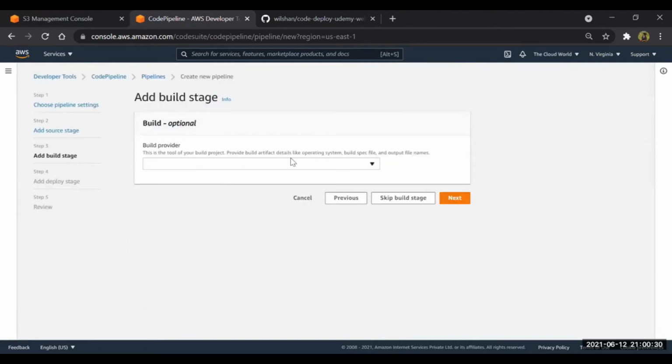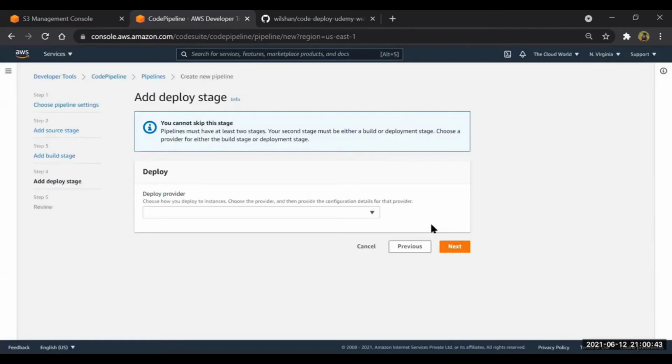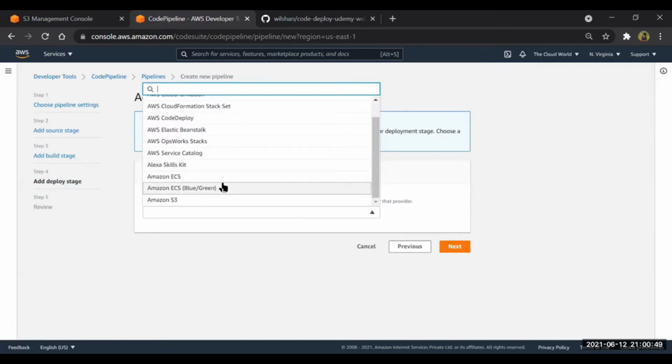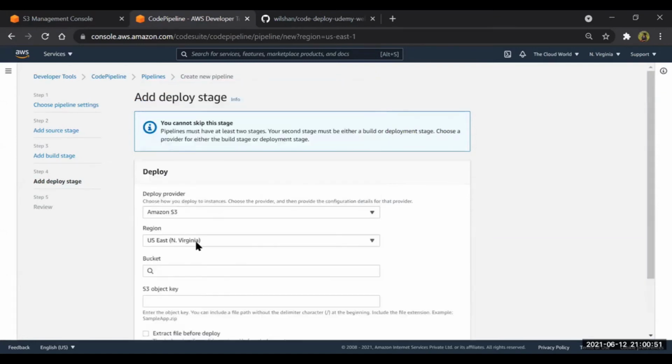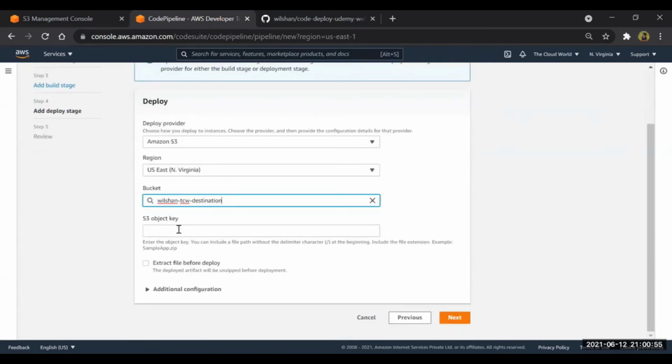Guys, we are not going to build anything in this section, so we will skip the build stage. It's not necessary to keep a build stage always. You can skip this one. If it is required, then only we will have to keep the build phase. Now deploy. Guys, where are we going to deploy? We are going to deploy in an S3 bucket. We'll select Wilson TCW destination.